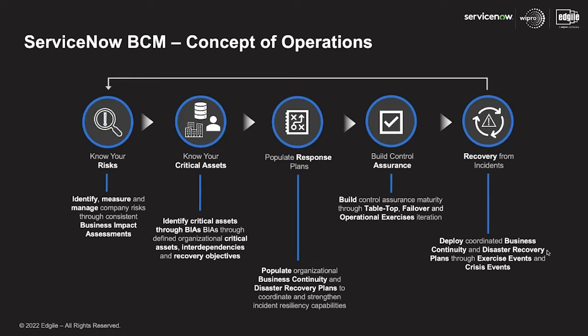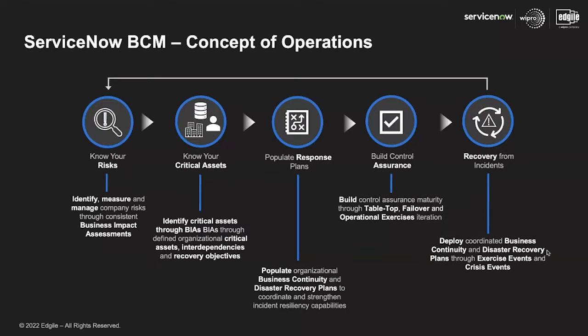We then start to think about, what if we do have a problem? We need to start to define these response plans. So business continuity plans and disaster recovery, making sure that we're able to maintain our business operations and to identify how we would restore operations. And then we need to look at how we build assurance around that. So that's where we start to get into techniques like tabletop exercises, failovers, operational exercises,